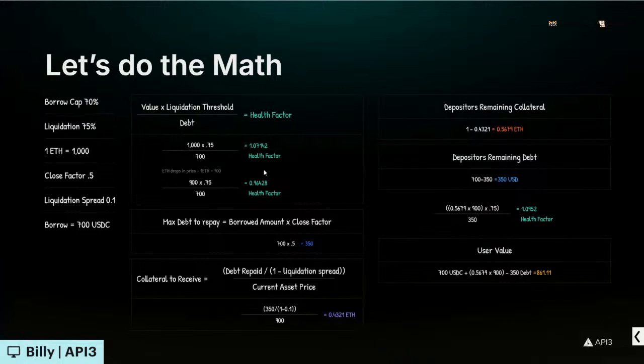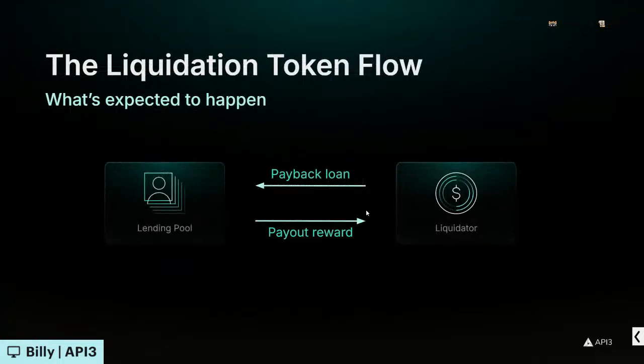So it's pretty much this formula, value liquidation threshold, and then the collateral to receive. Those are the two formulas that you would use based on how much money I would get back if I were to pay this loan back. And you're usually getting 5 to 10% back, depending on what the liquidation spread is. So just moving on, and as you ask more questions, we can go through it.